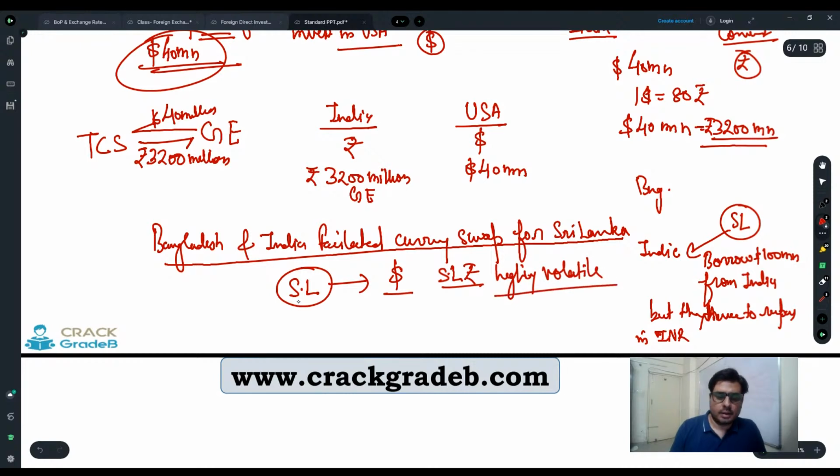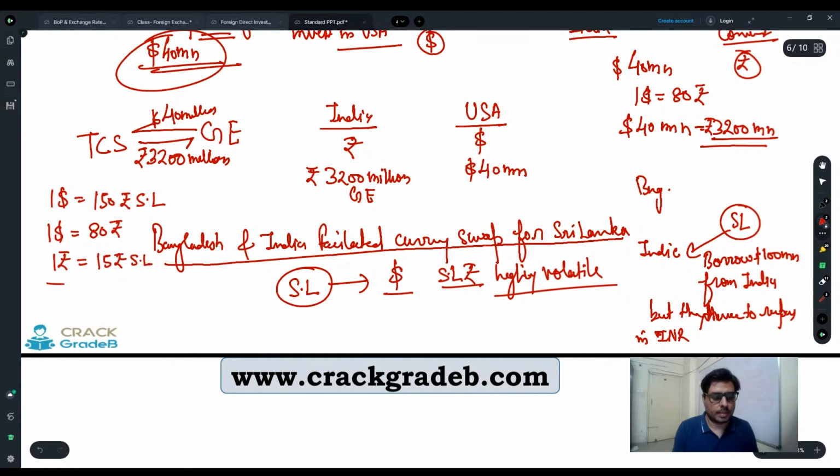Highly volatile, right? There is huge volatility in the exchange rate between the US dollar and the Sri Lankan rupee. Just to give a situation, suppose $1 is right now 150 Sri Lankan rupees, whereas $1 is equal to 80 Indian rupees, whereas 1 Indian rupee is equal to, suppose, 15